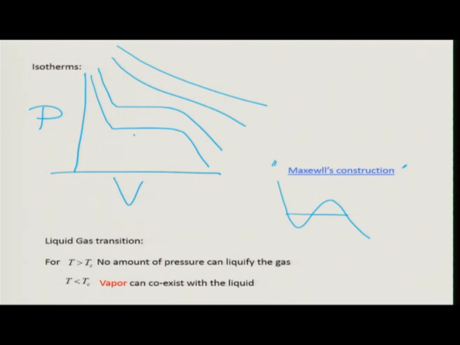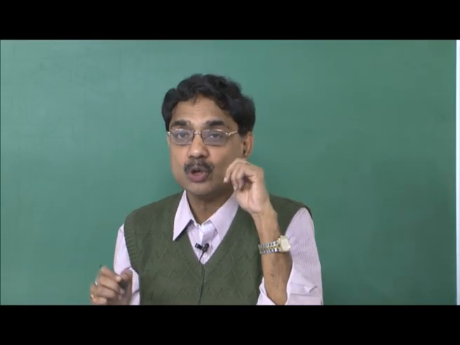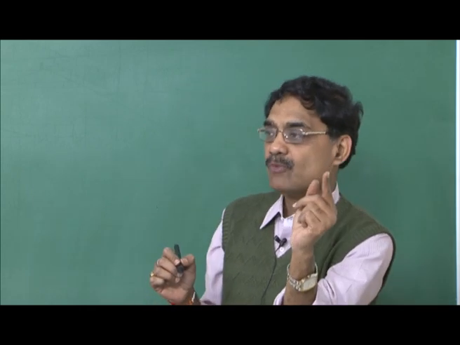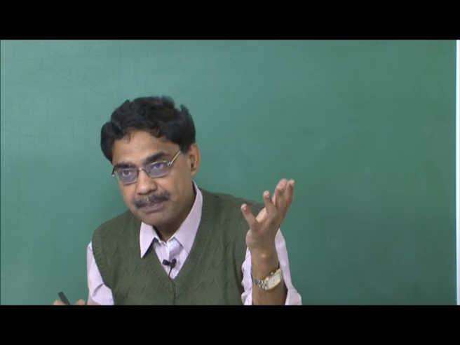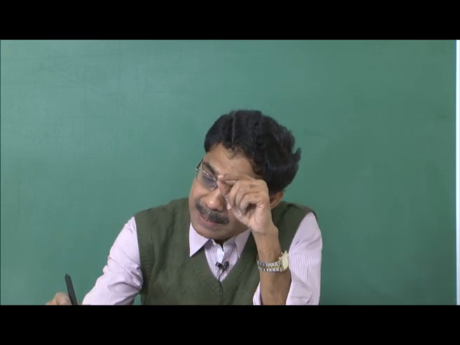What I said here, there are different temperatures T1, T2, Tc let us say, and this is T3 which is greater than Tc. Temperature is increasing, so T2 is greater than T1, Tc is greater than T2 and so on. So, there is a liquid phase which is high pressure, low volume. There is a gaseous phase which is high volume, low pressure. So, I can go from one phase to the other by changing temperature or by changing pressure, but there is a difference. There is this temperature Tc